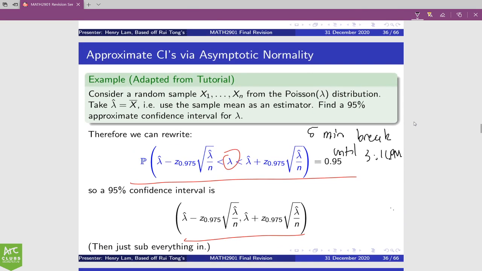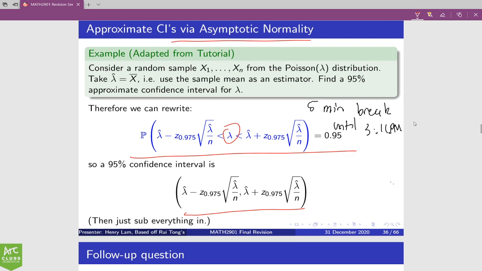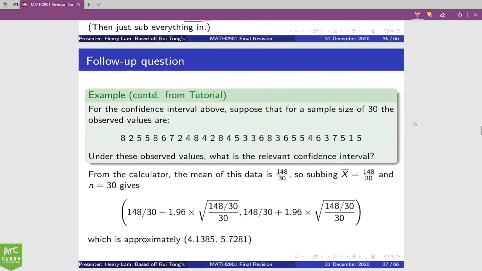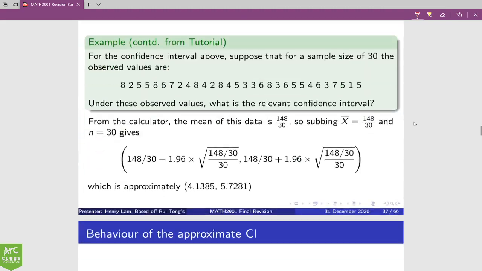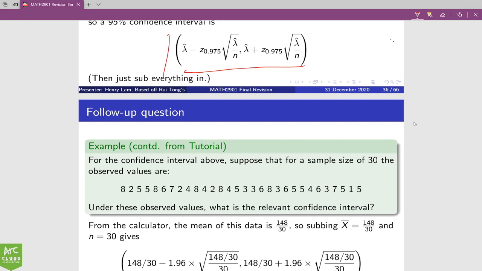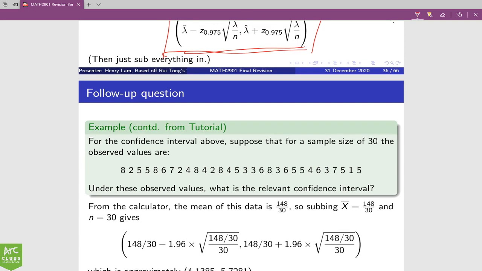So the most recent thing we did was this thing called asymptotic normality, right? We just use the fact that it's asymptotically normal, so we can build a confidence interval based on that. Now, before we found the theoretical value, right? Notice up here, this is all theoretical. We didn't actually sub in any numbers. So if we just do the same question, but we actually give some observations now,